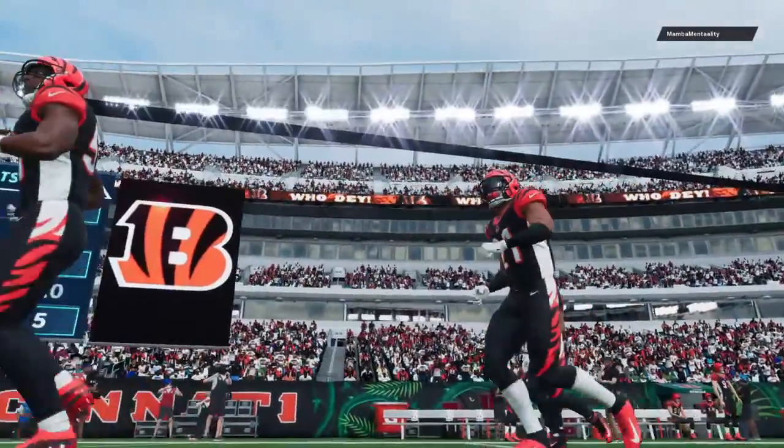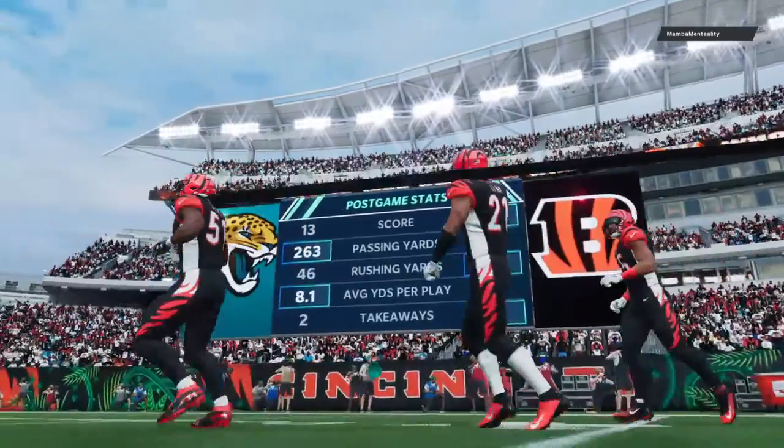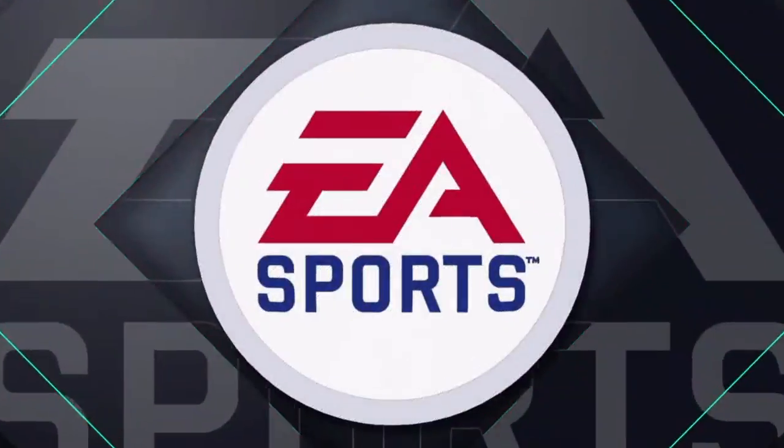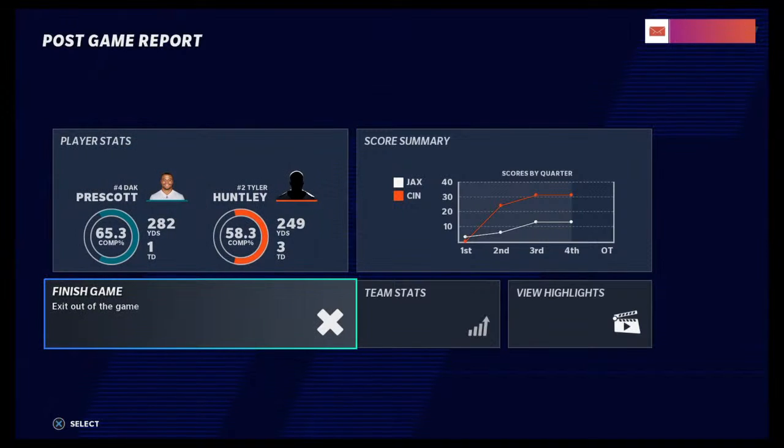So for Cincinnati, they're on a nice early roll as they move to 3-1 with a win here. And they'll get to stay home again next week as the Tennessee Titans come to town. Meanwhile, for Jacksonville, they'll